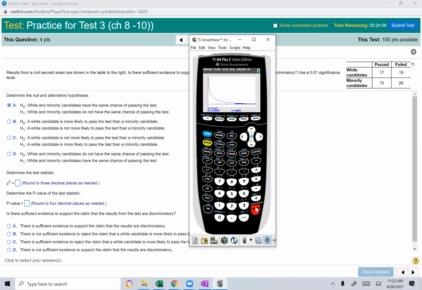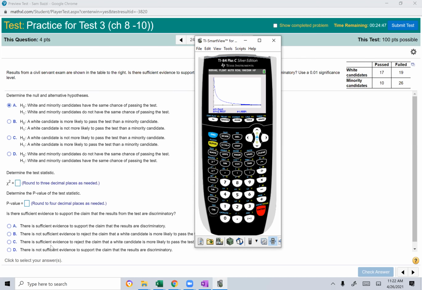What alpha are we using here? 0.01. So the p-value is bigger than alpha. Fail to reject H0. So the p-value is 0.0884. There is not sufficient